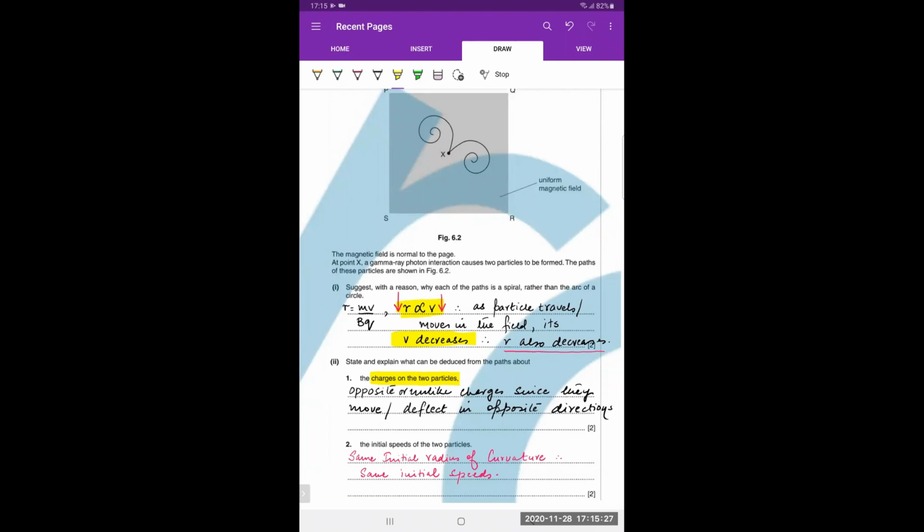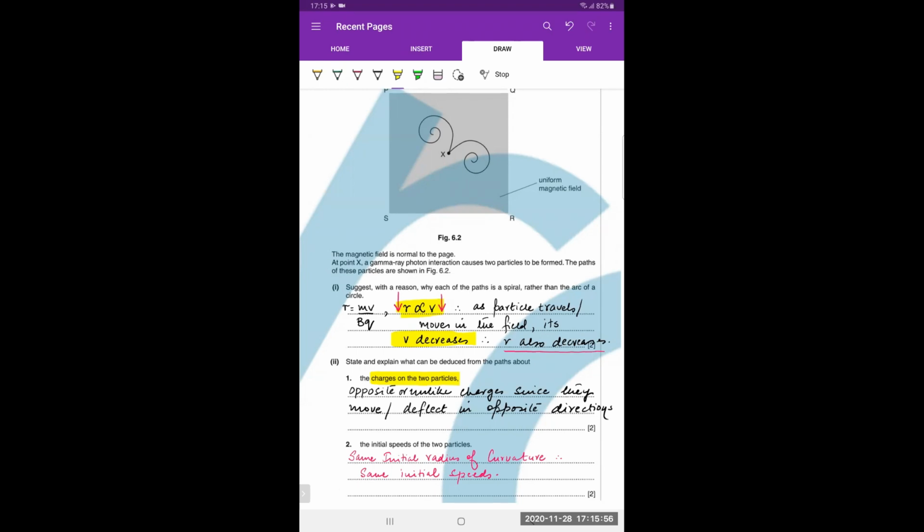Okay, so the fact that both the particles are traveling in opposite directions, as in one particle goes downwards, from the diagram you can check, and the other particle kind of goes upwards. So the fact that the two particles are traveling in the exact opposite direction implies that the nature of the charge possessed by the two particles must also be opposite or unlike. Okay, second part, it says,